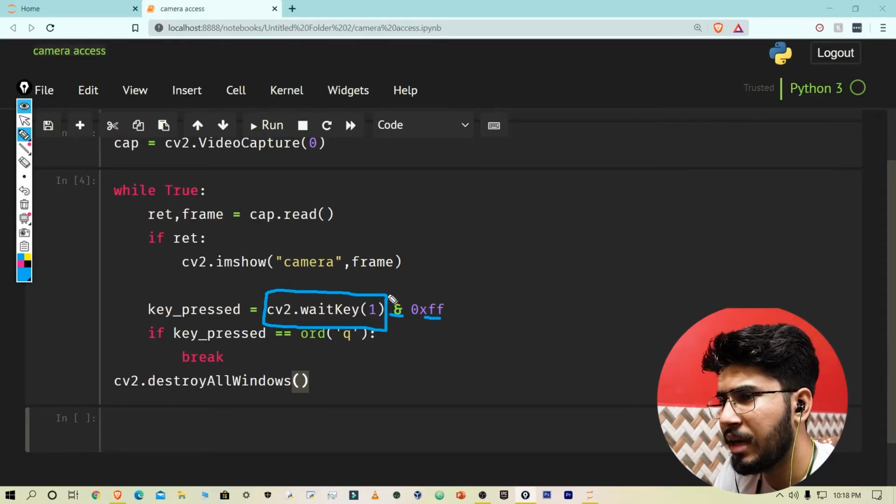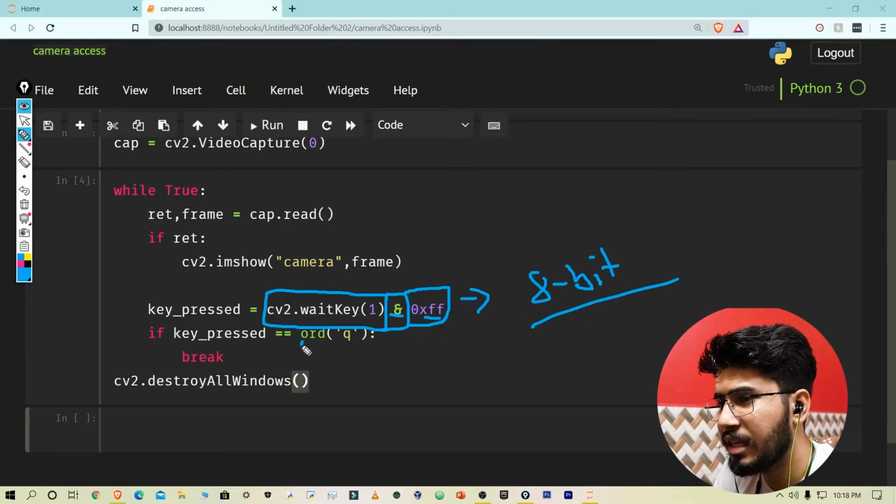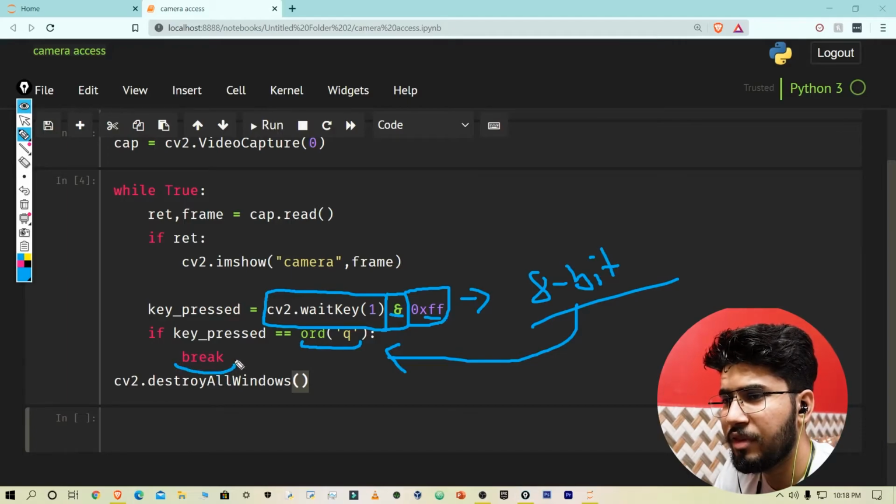We are doing a binary AND operation with this, that is going to generate an 8-bit value. Now the 8-bit value will be generated and we are checking whether our 8-bit value matches with this 8-bit value, and if it does, then we will break out of the loop.